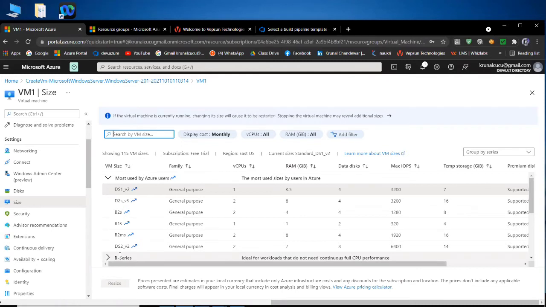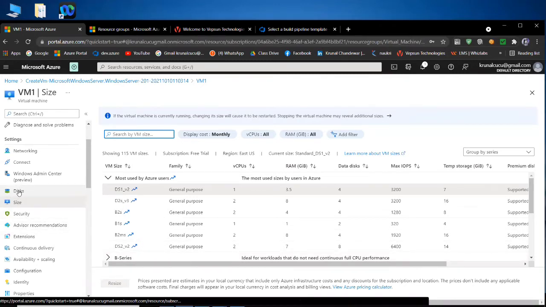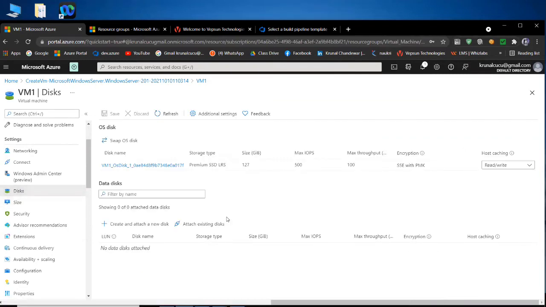Actually, I tried to create a virtual machine, but because I was not getting the trial version, I was not able to try. Okay. So whenever you are creating a virtual machine, you are getting your operating system disk as 127 GB. See here, it is written 127. Yeah, 127 GB you are getting, which means you got the premium SSD.